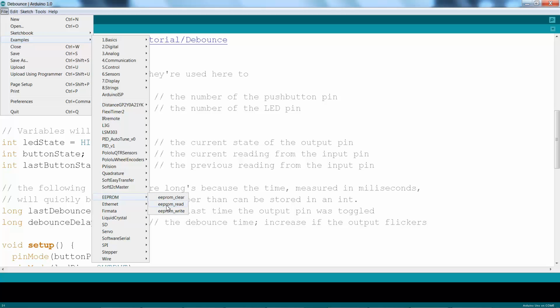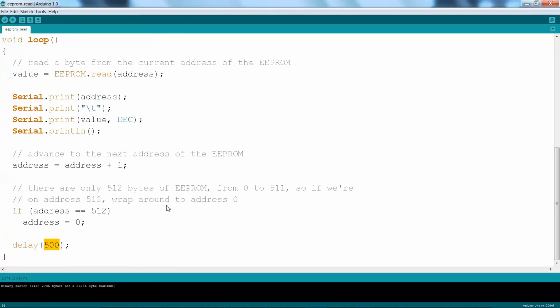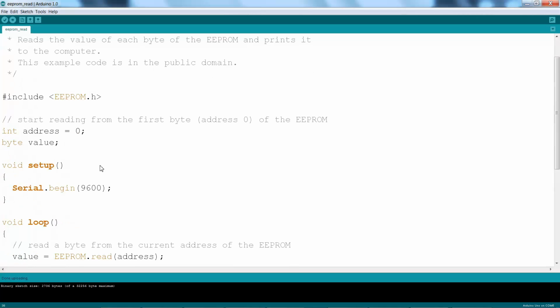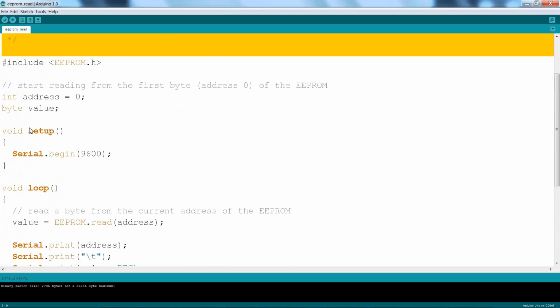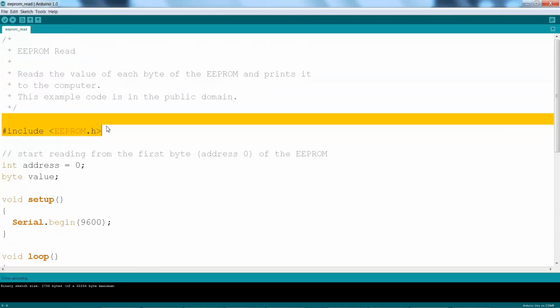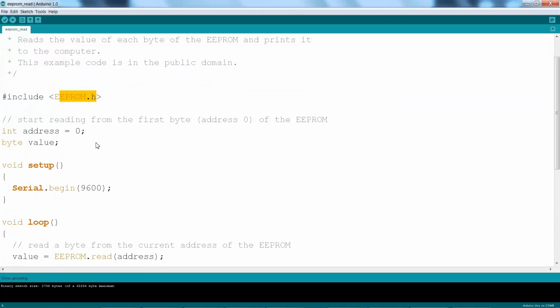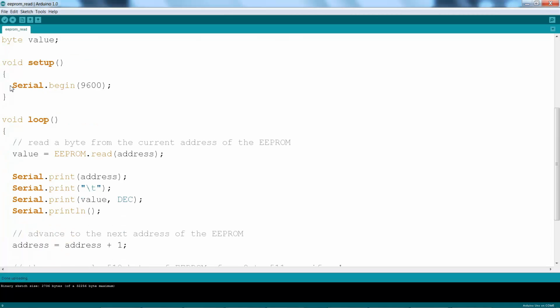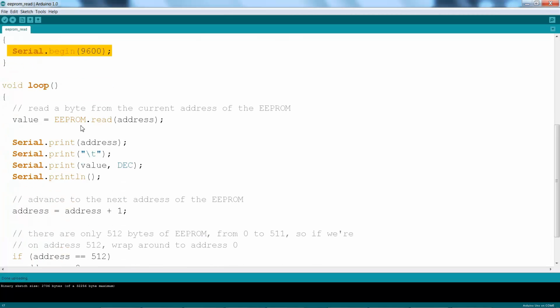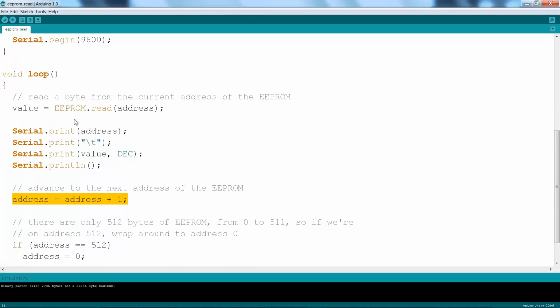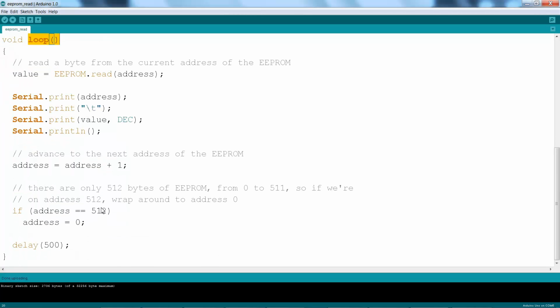So, for example, if we want to read the EEPROM, we click on this, and here's just a real quick example. Shows you the first thing you're going to have to do is link to that object, link to the library, and they're just going to do some telemetry with the USB. And what they're going to do is they're going to use that object that we link to. They're going to do a read method on it. They're going to read an address which we're going to increment on each loop. So we're going to actually loop through all 512 positions in the memory, and we're going to print it to